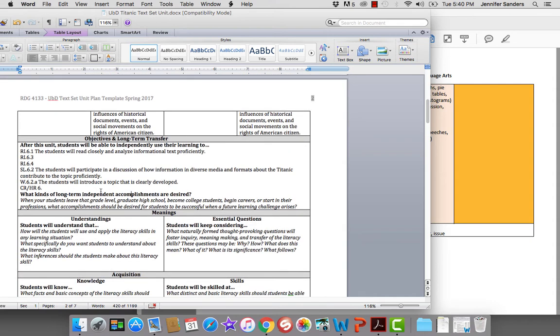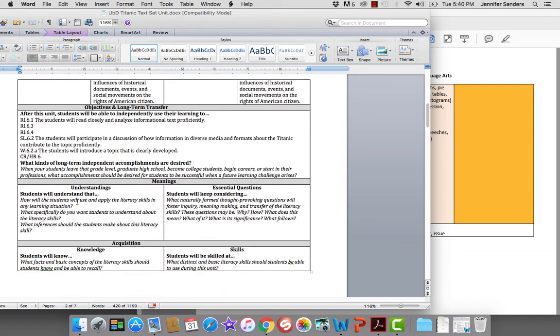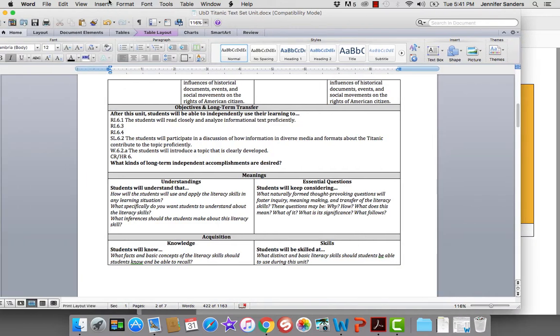What kinds of long-term independent accomplishments are desired? Okay, and it says when your students leave that grade level, graduate high school, become college students, begin careers, start in their professions, what accomplishments should be desired for students to be successful when a future learning challenge arises? So here's what I want them to do. I basically want them to be able to, and I'm just going to follow my standards. Students should independently